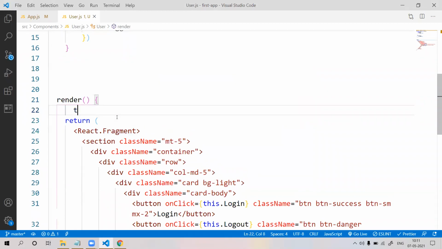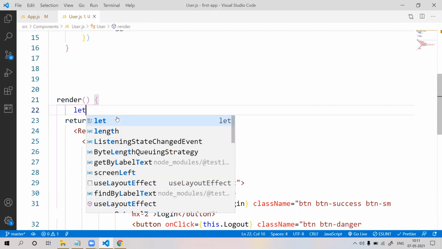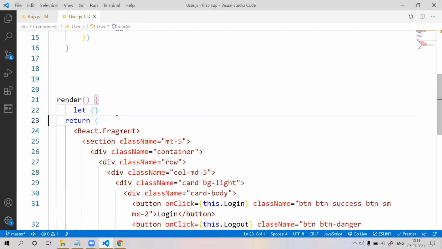First of all, we are going to destructure the above, because this.state will be equal to, here you can put isLoggedIn.